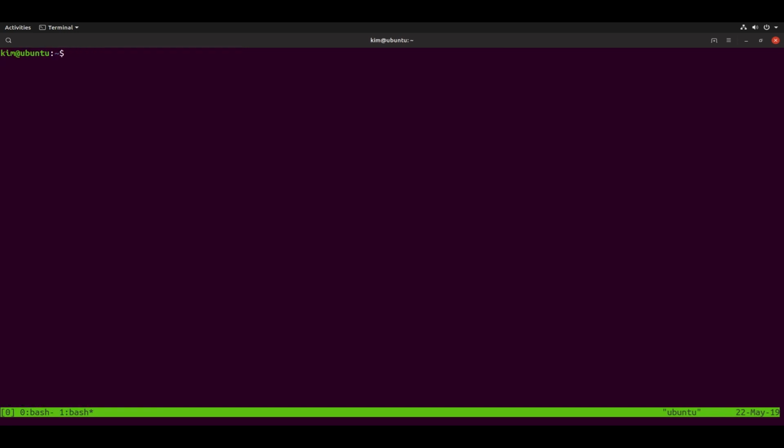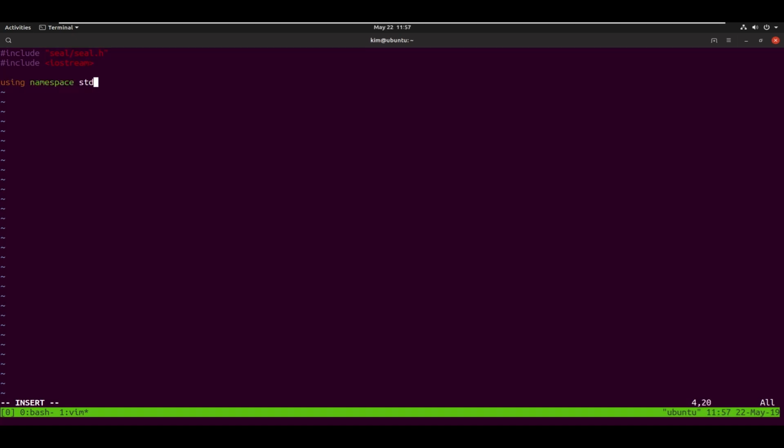For this, I'll create a new directory called SealDemo with one CPP file in it called sealdemo.cpp. We're going to write a very simple program starting with #include <seal/seal.h>, #include <iostream>, using namespace std;, using namespace seal;.